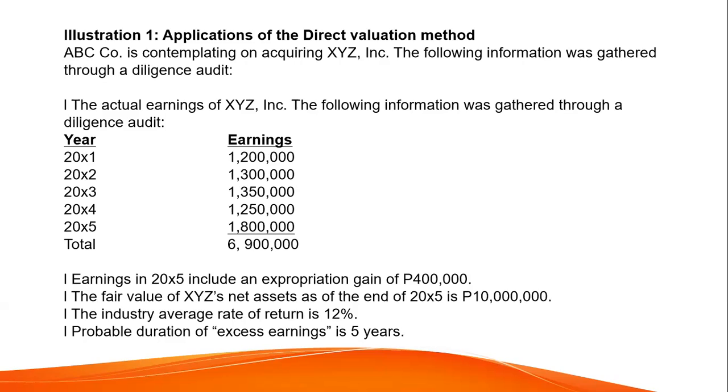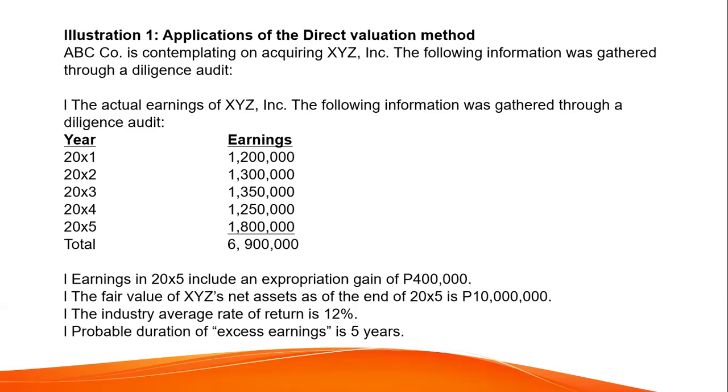Okay, we have the actual earnings of XYZ Incorporated. So we have years 1 up to 5, and we have the earnings for a total of 6,900,000. Earnings in 20X5 include an expropriation gain of